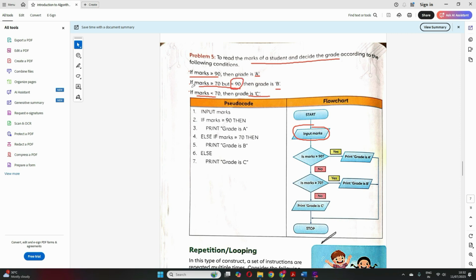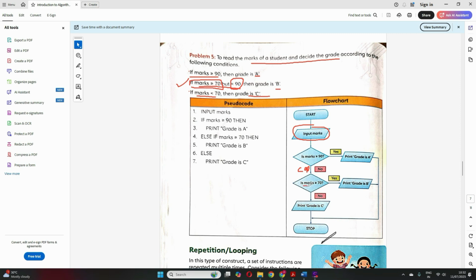Now we have to check if marks is greater than or equal to 70. So this second condition will be checked. If it is greater than 70 and it has come from no, that means it is less than 90. So yes, print grade B and then we go to stop.